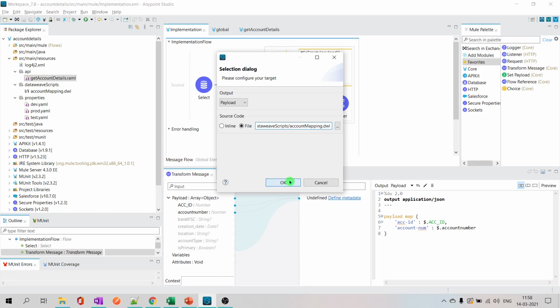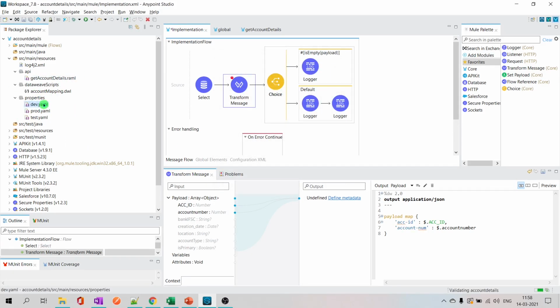And obviously, we have properties, right? You can have some metadata, for example some schemas, all those things can be under resources. And one more thing you see, we have properties, but environment-specific properties. It is easy for promoting from one environment to another. Instead of making changes every time you test and promote, you just keep it here, so you automatically promote it. When you are promoting, you put this environment name as a runtime property, so it will refer to the proper properties for the specific environment. Done.